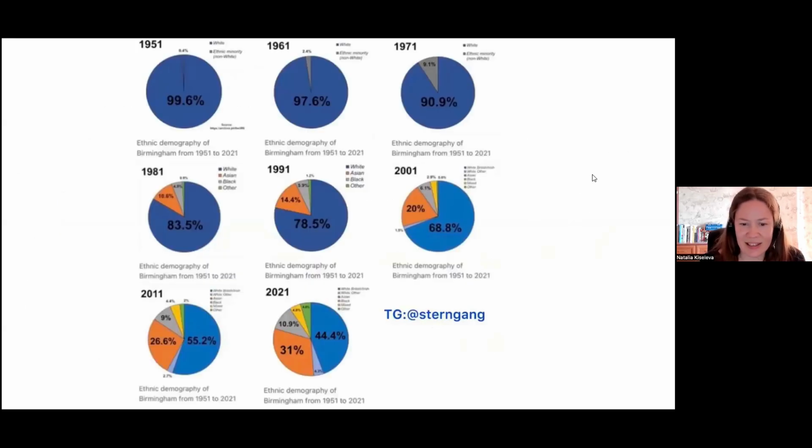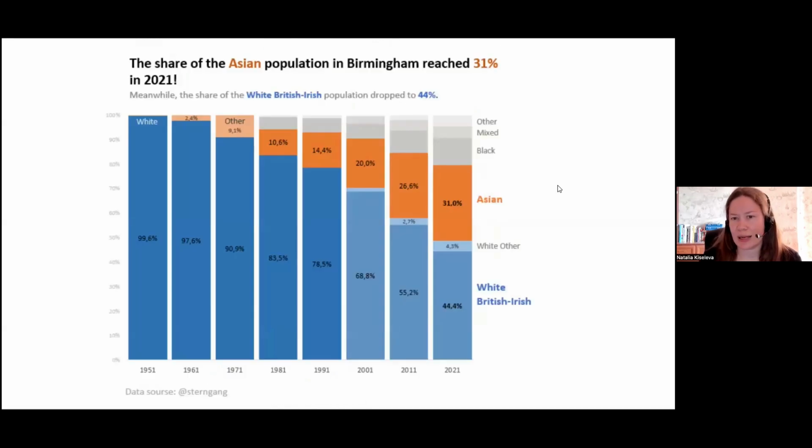For example, this is nice, the dynamic of ethnicity, where they use pie charts. Somehow you could understand the data, like before it was almost white people in Birmingham, and nowadays there is a big diversity of people in Birmingham, but it's so hard to read, there is so much data. Maybe it's just not the appropriate type of chart, because as you remember, a pie chart is really limited and has really many tricks and ticks that you should use to make it nice. So you could just change it and make it nice and clean,